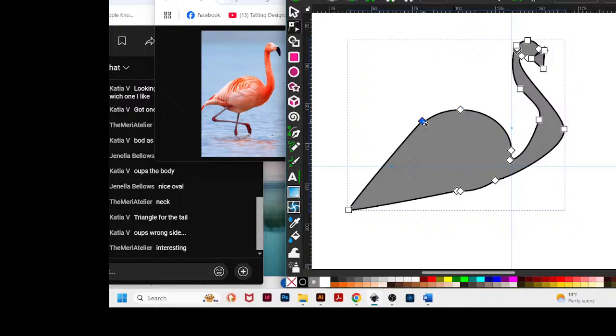And there might even be three. And I'll show you why. Why do I have two handles there? Yeah, there's the other node. Because one node is from the circle, one node is from the triangle. And so we might need both of them, because this upper right of the body